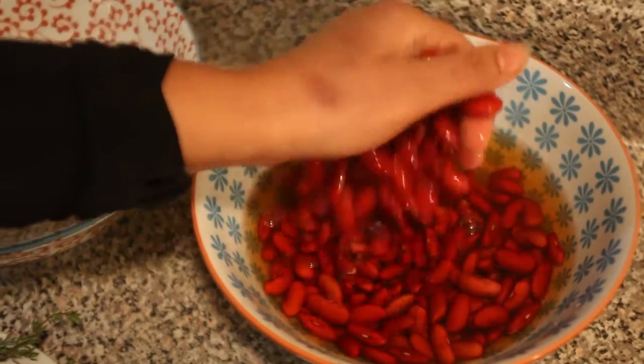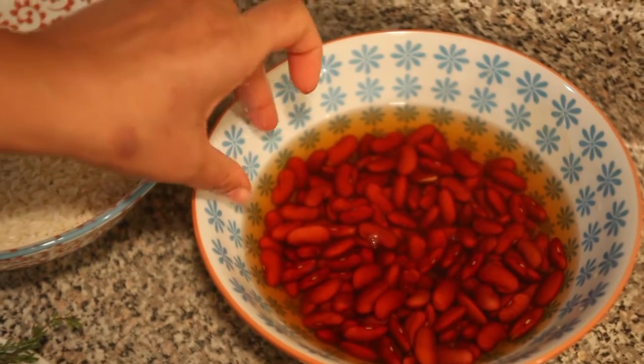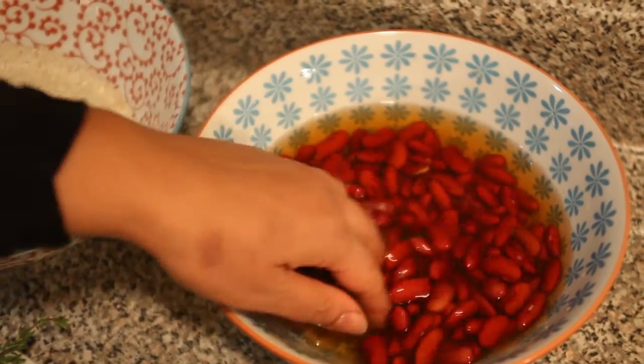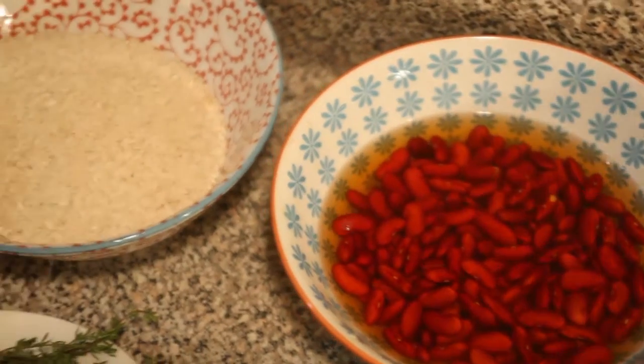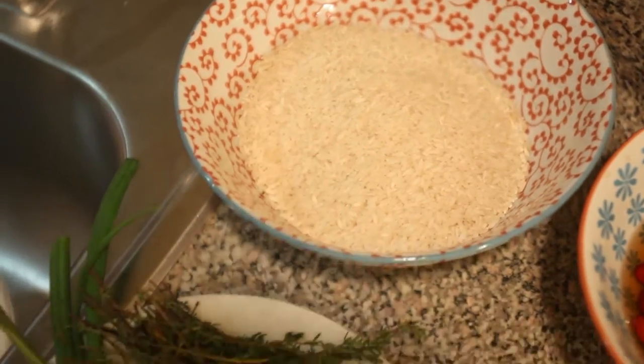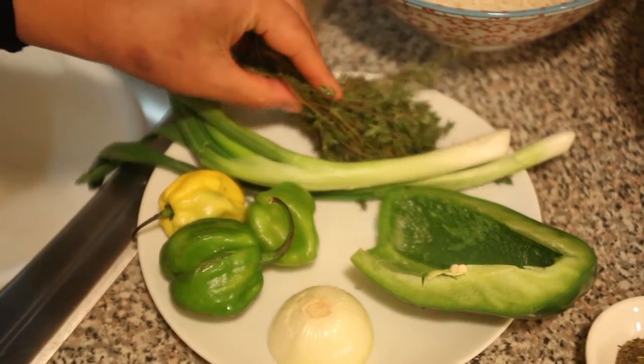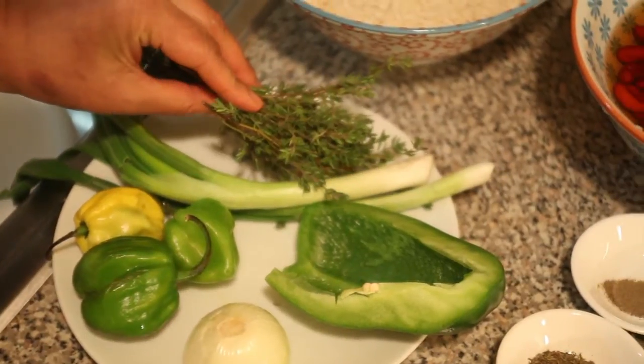You grab them like this and you drop them into 2 cups of water, okay? Half a cup of red kidney beans with 2 cups of water, soaked overnight. And then here we have 2 cups of rice. And now we have 2 stalks of scallion, a small bunch of fresh green thyme,